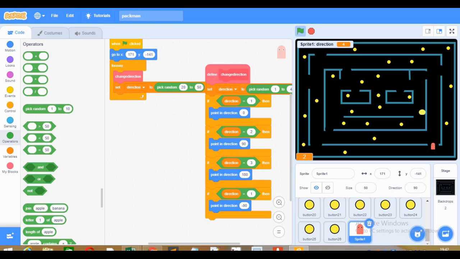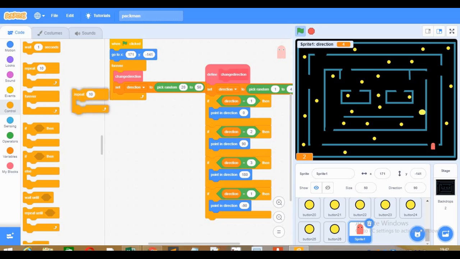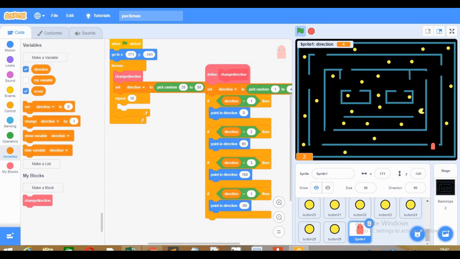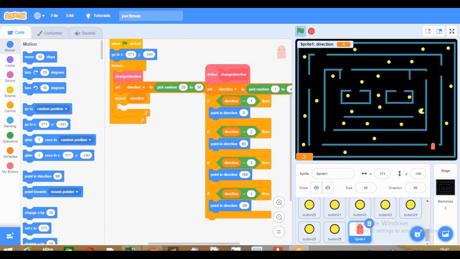Then we will go to control and take a repeat block from here. After taking a repeat block we go to variables, and from here I will take direction here, and then it will move certain steps, and these steps are 3 steps. I will just check whether it's working or not. So it's working, but the problem is that it is touching the